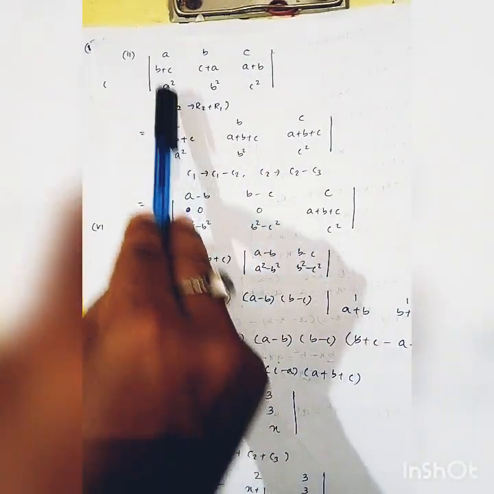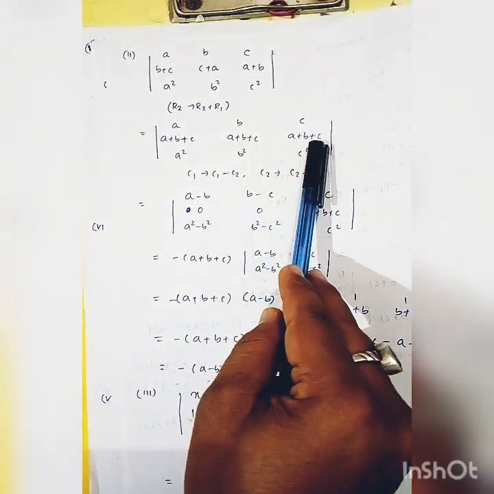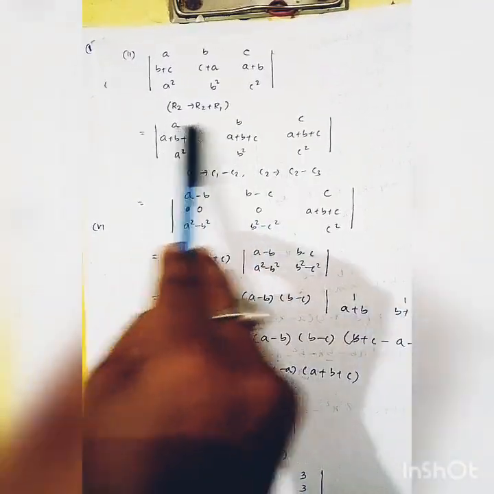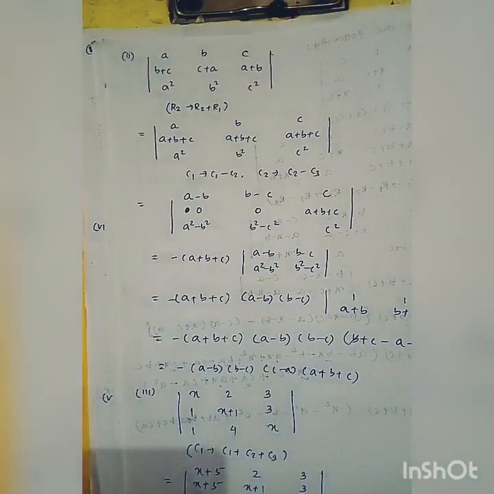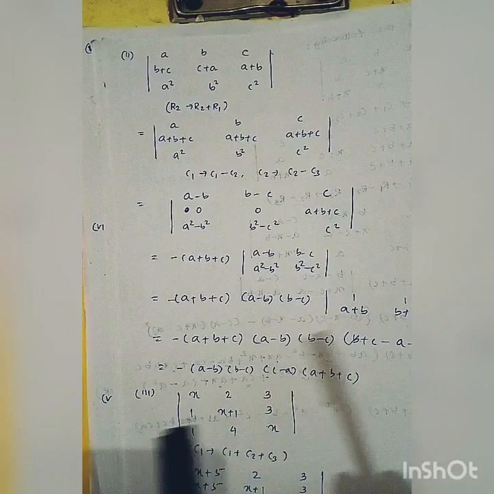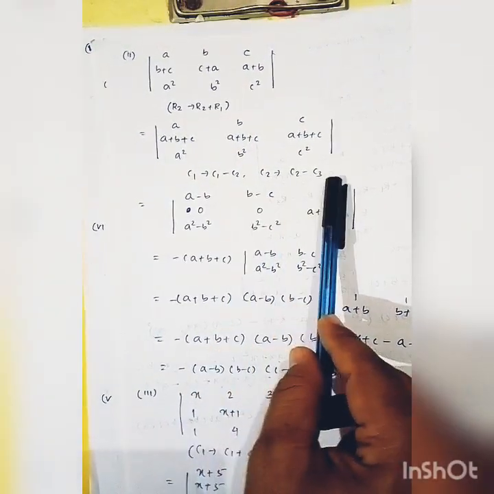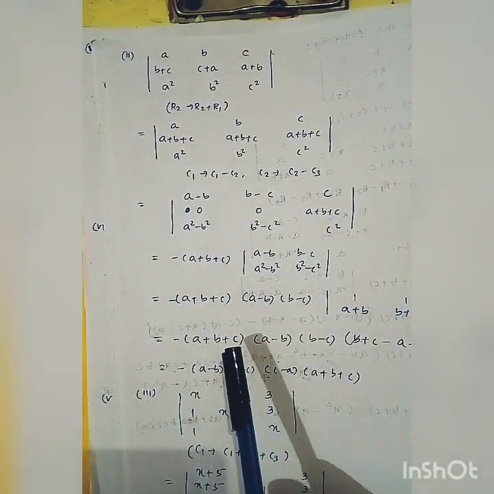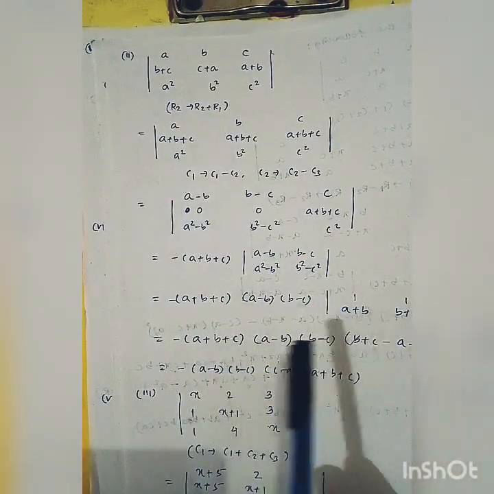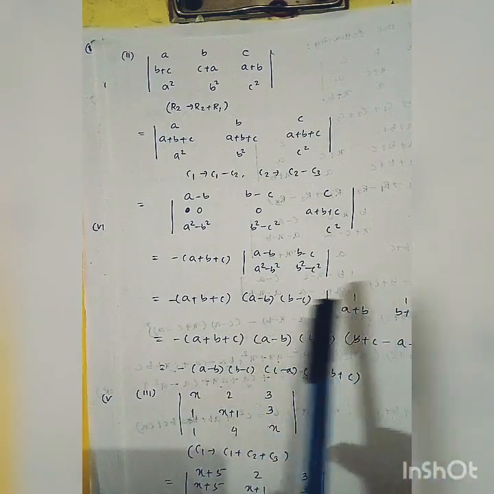Now row 2 is a plus b plus c plus a, that is a plus b plus c. Again it is a plus b plus c, a plus b plus c. Now every element of row 2 is identical. As every element of row 2 is identical, we can reduce any two elements to 0 by using the property column 1 minus column 2, column 2 minus column 3. You may use some other properties of columns, that is column 2 is replaced by column 2 minus column 1, column 3 is replaced by column 3 minus column 2, like this.